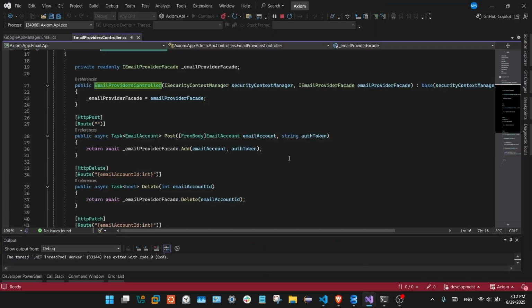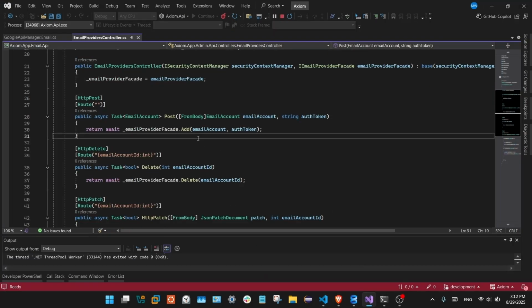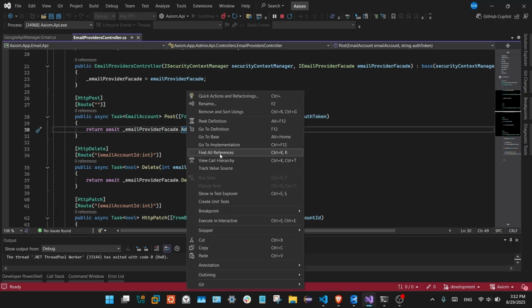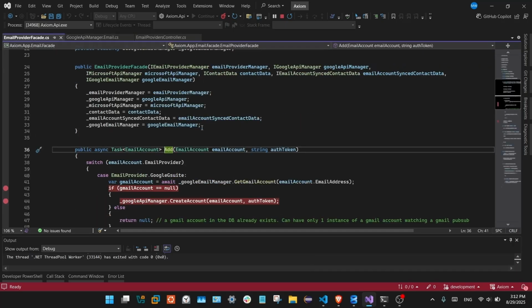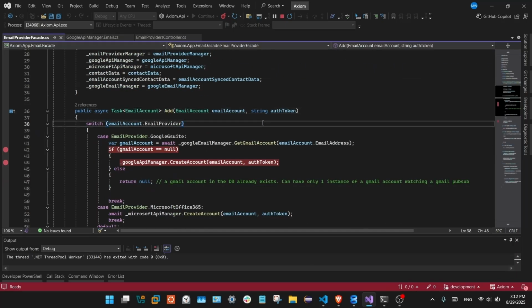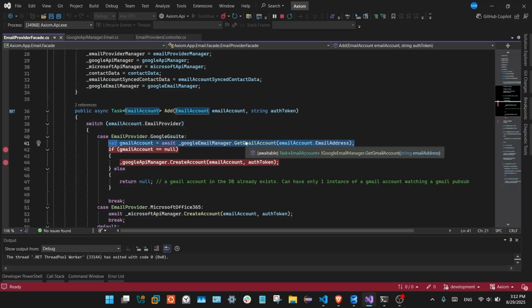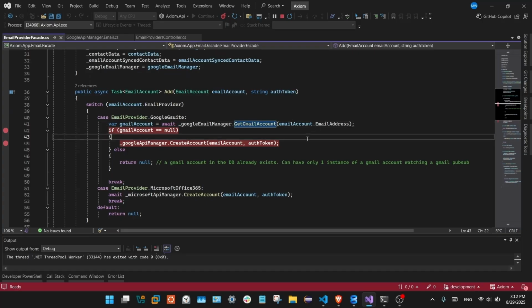And this was an HTTP post. Okay, HTTP post right here. So it's going to hit this part of the controller. Okay, it's passing the data this way. Now we're going to go to this, and what this does, it gets the Gmail account, all right,